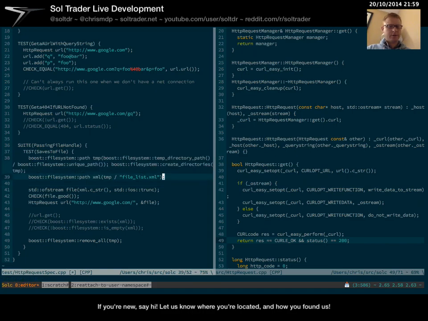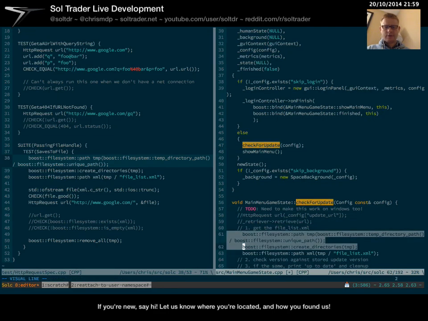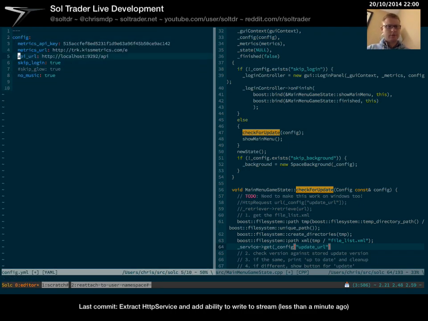So this stuff is actually, oops, it's actually exactly what I want in my main menu game state inside this method. So the first thing I want to do is get the file list XML, and then I need to service, it's down to record at the moment, but I'm not going to. Just thinking about this here. In order to test this, I need to do something around